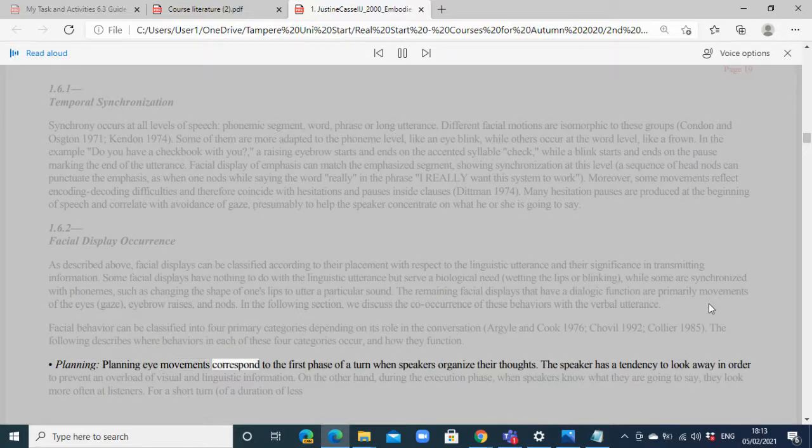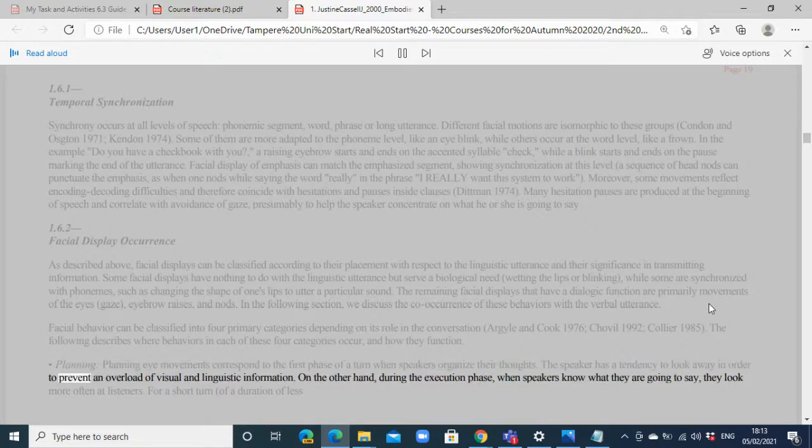Planning eye movements correspond to the first phase of a turn, when speakers organize their thoughts. The speaker has a tendency to look away in order to prevent an overload of visual and linguistic information. On the other hand, during the execution phase, when speakers know what they are going to say, they look more often at listeners. For a short turn of a duration of less